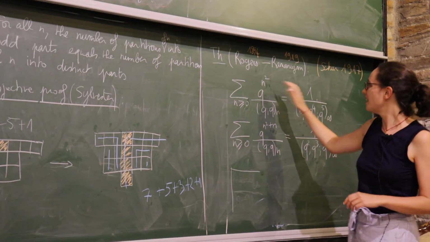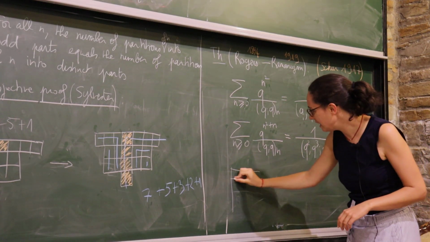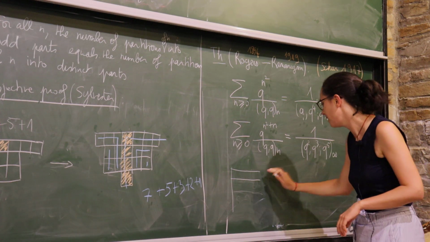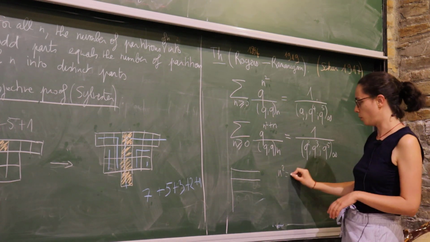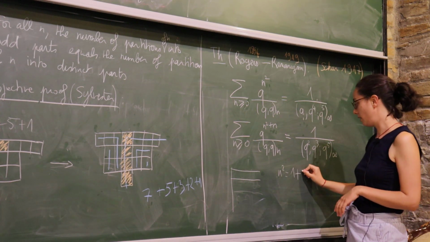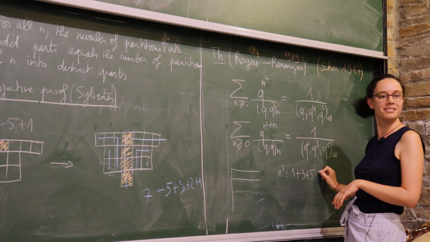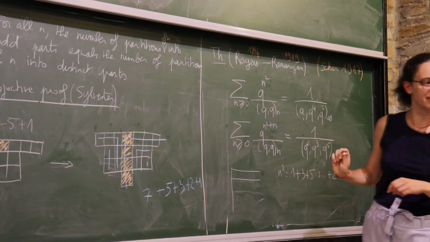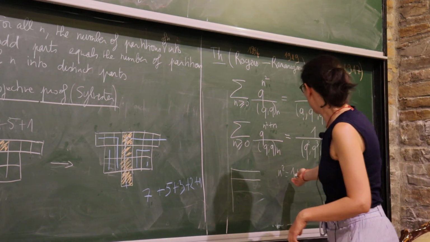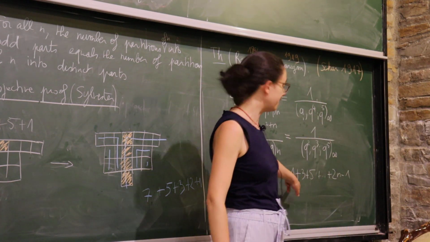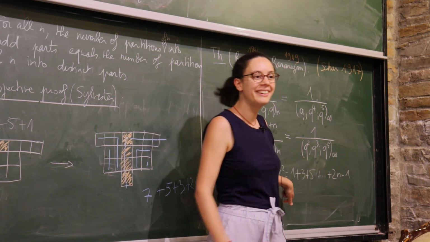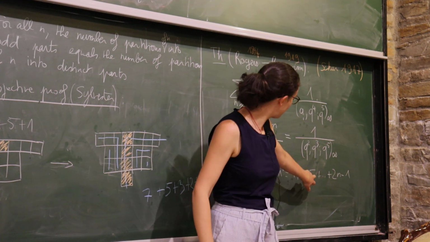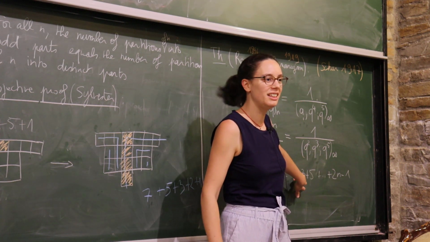But one possibility is to write n squared as 1 plus 3 plus 5, etc., up to 2n minus 1. So that's a partition, if you want, of n squared into parts where there is a difference of exactly 2 between